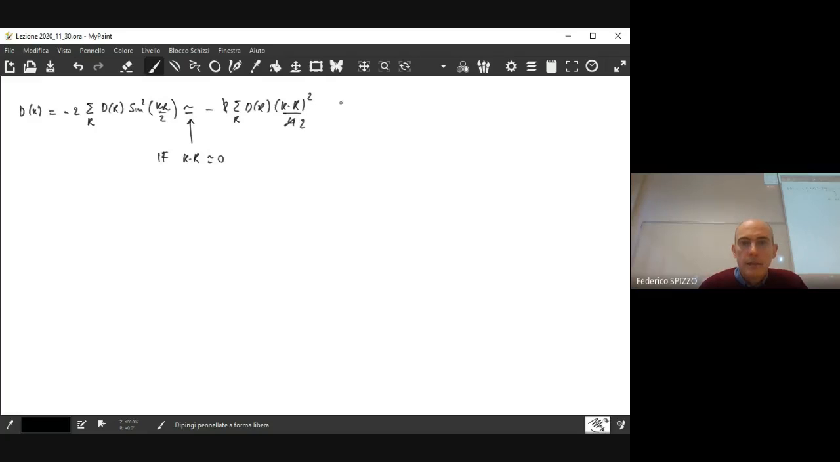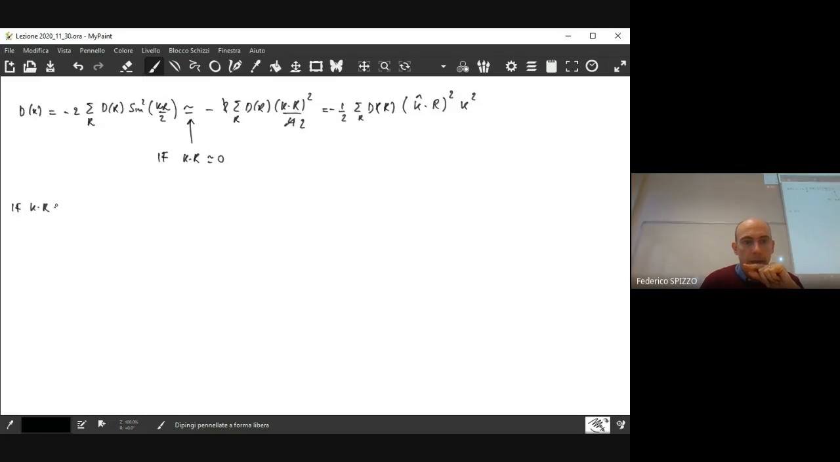We may rewrite what we have within the parentheses as k versor times r squared and k modulus squared. So I just leave the vector k within the parentheses for the scalar product, and I take the modulus of k out of the parentheses. In this approximation,